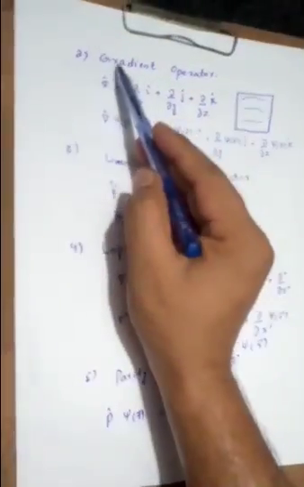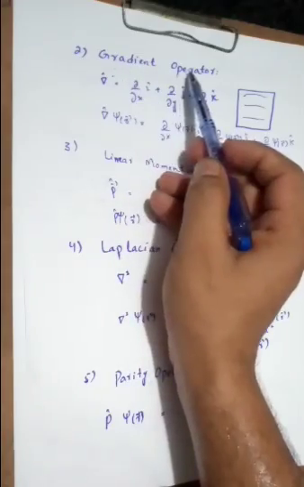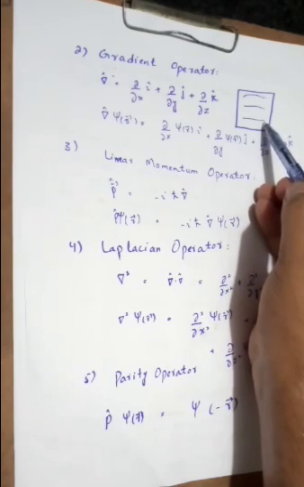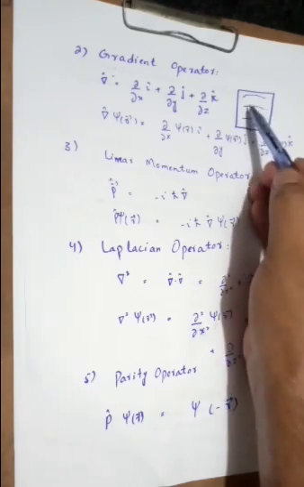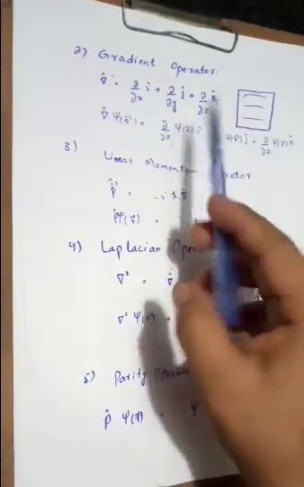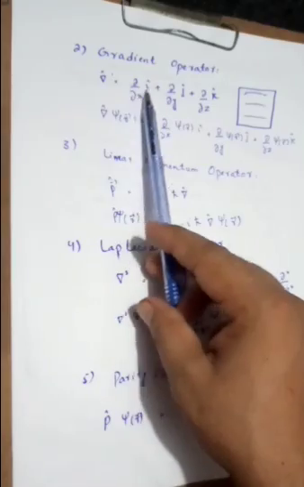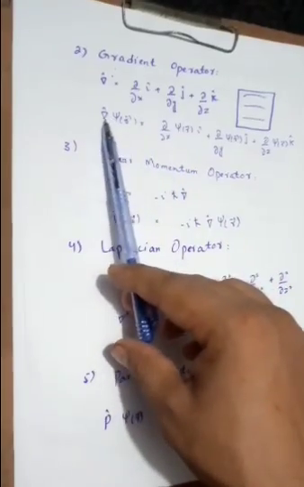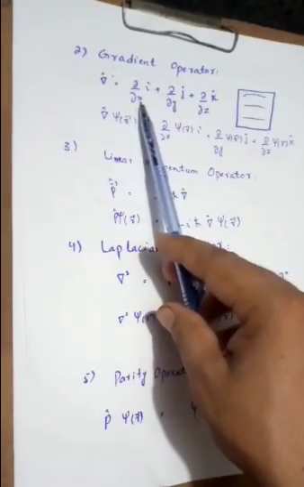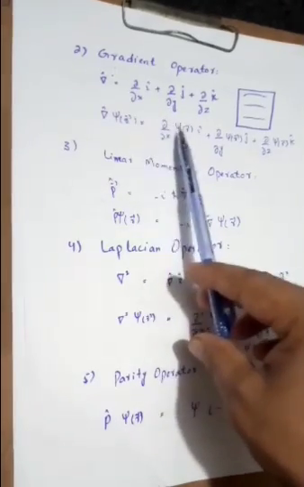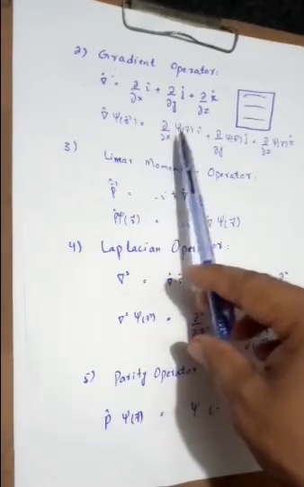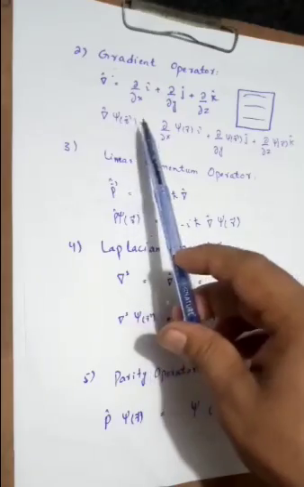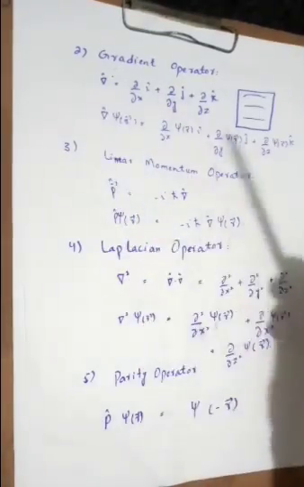Second example is the gradient operator. Gradient is an operator which gives the change with respect to the different grades, for example, the temperature of the different layers of the same room. And how does it operate? It is equal to partial by partial x i hat plus partial by partial y j hat plus partial by partial z k hat, and it operates as, we find the change with respect to every independent variable in the system state phi on which this differential operator operates.